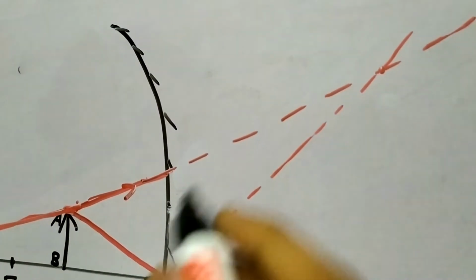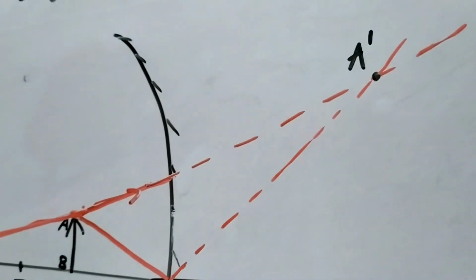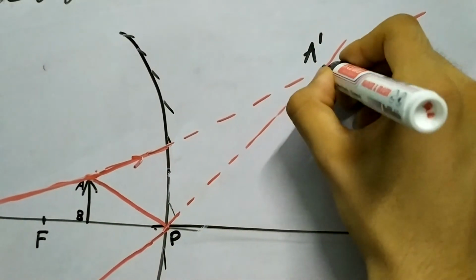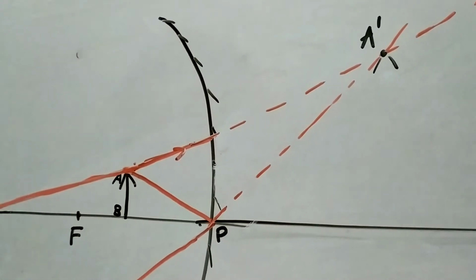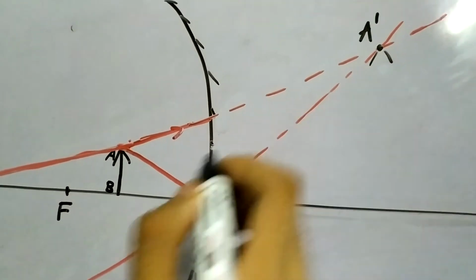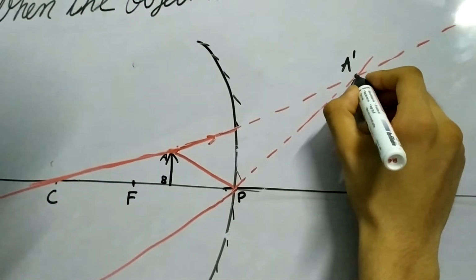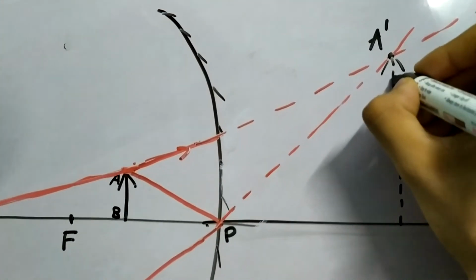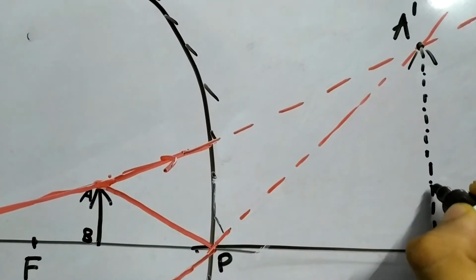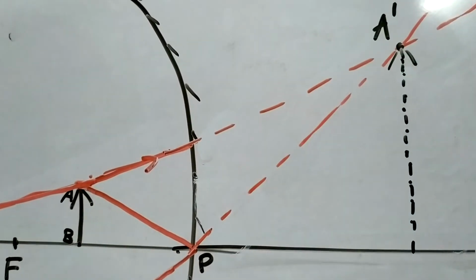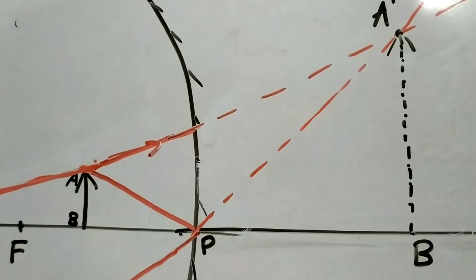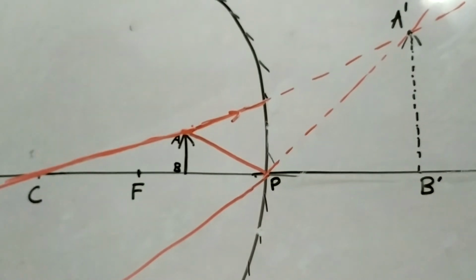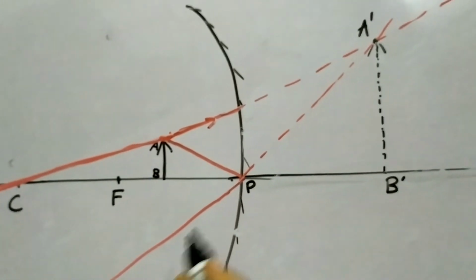So we can call this point, let's say, A dash, and the convention is that whenever the image is forming behind the mirror, or a virtual image in this case, because the rays are diverging and they don't meet at a point, we draw that figure using dotted lines. So we can use a few more dots there. That's how we usually draw. And of course B will lie on the principal axis, so this will be B dash.